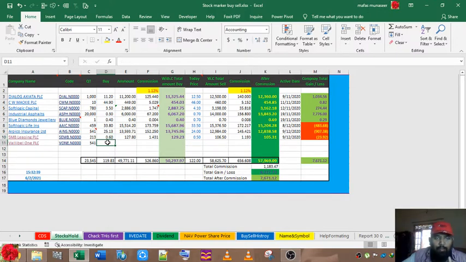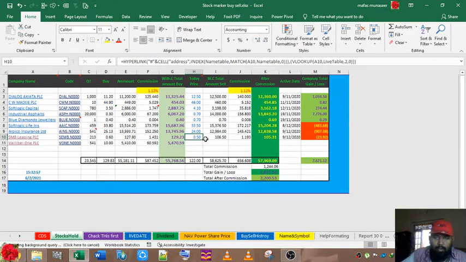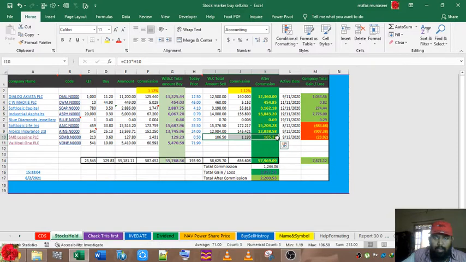Currently, I bought price, not the current price. I said 10 rupees. So it's going to show how much commission, how much amount, everything here. In this one again, how much the price is right now will come down automatically.